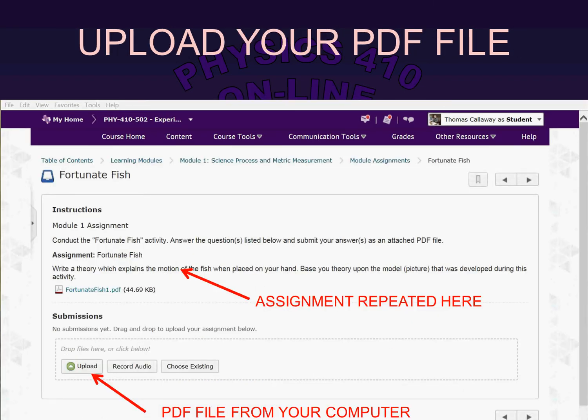This takes you directly to Dropbox, and so here you are at Dropbox. The activity is Unfortunate Fish. Again, it's repeated what you have to do: do the activity, and then write a theory. It's a statement that goes on a sheet of paper that you'll submit to me. Now, what you'll do is